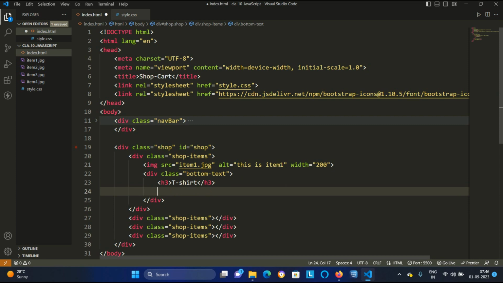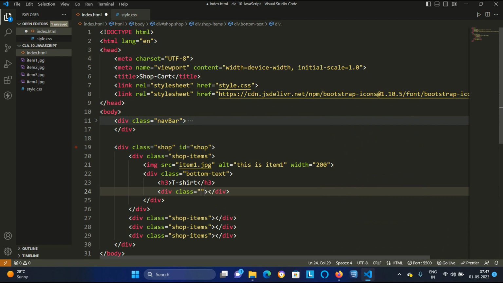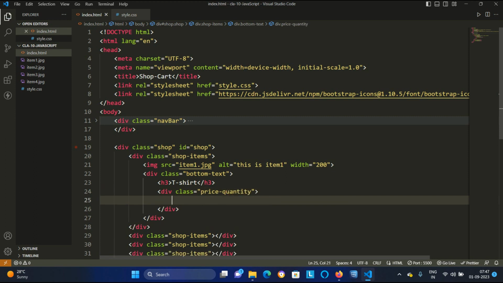Then I will have another div, and this div will have the class of price quantity, and in this price quantity, or yes h3, this price I am saying is $45, okay.